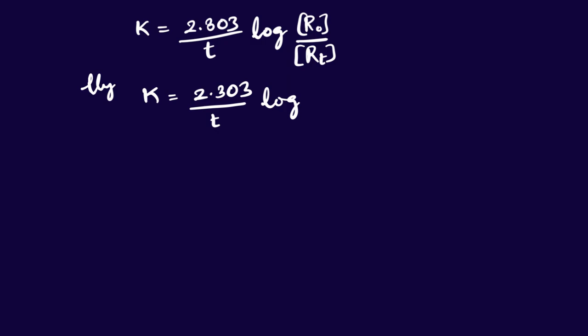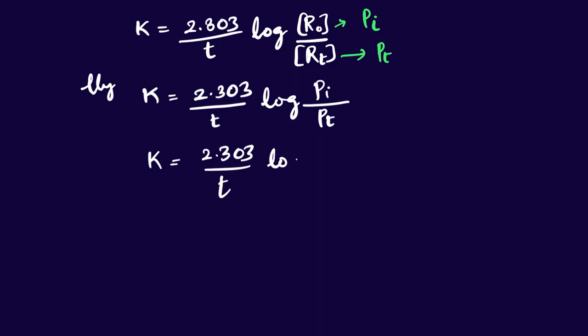Now here, in place of R naught we can write P naught or P initial. This one is R at T time, therefore we can write pressure at T time. This can be represented as Pi by pressure at T time. Therefore, K is equal to 2.303 by time log